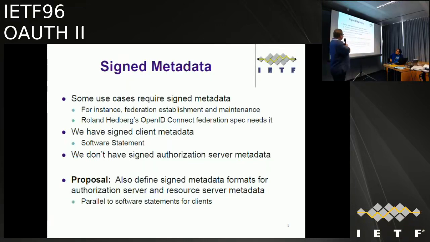And in fact, the OAuth working group already did this for one of our document metadata formats, which is we defined this thing called a software statement in the client metadata, which again should be familiar to all of you, but it's just exactly the same values, but in a signed JWT or encrypted JWT, rather than just being flat JSON. And if both values are provided, the ones in the JWT take precedence. That's the pattern that I would propose that we apply to all three metadata formats.